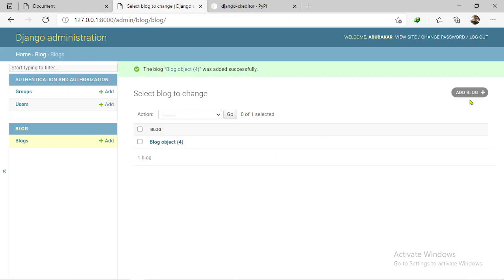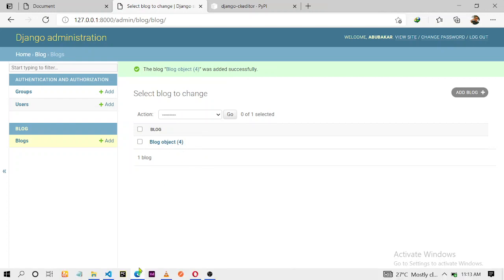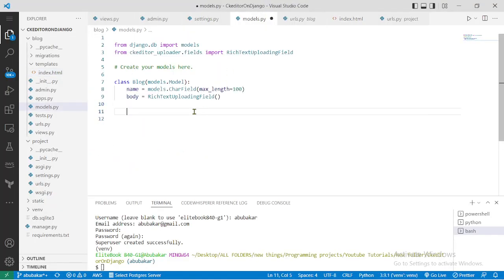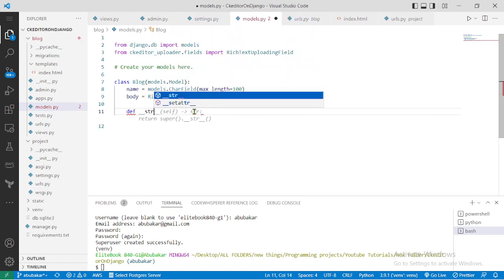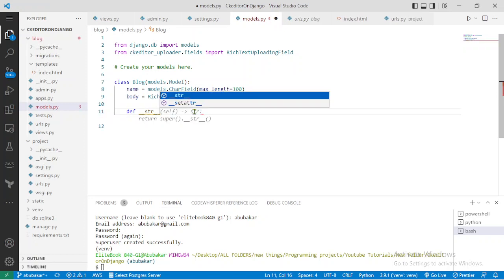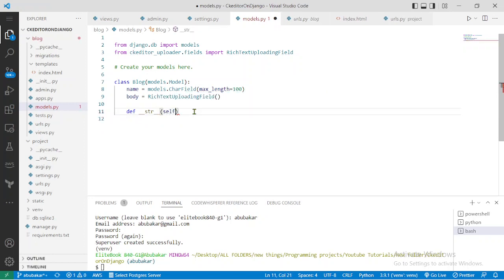Now let me quickly show you how you can get rid of this. You don't need to be showing blog object 4 or 5, you actually need the reference. So to do that, you just go to your model and add this right here: def __str__(self):